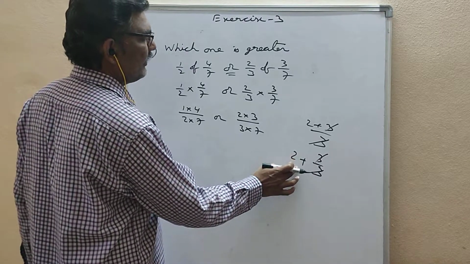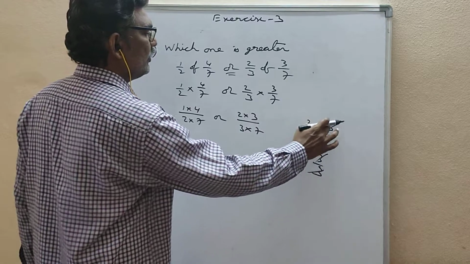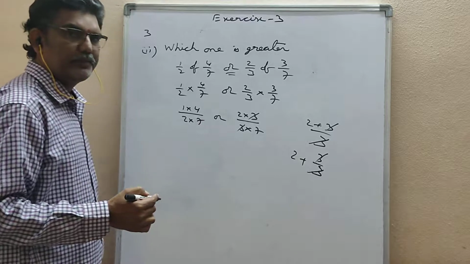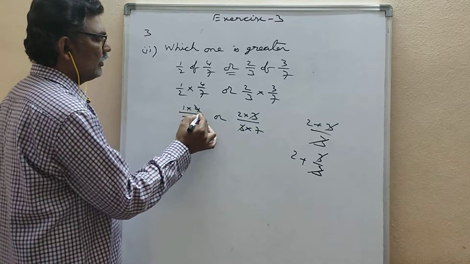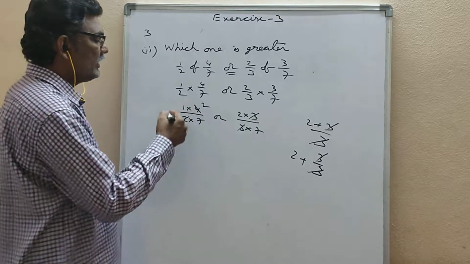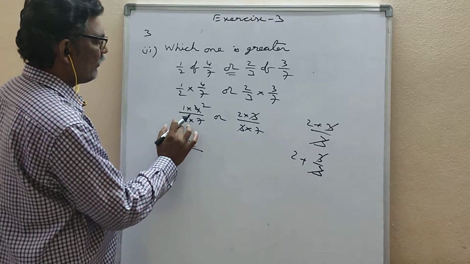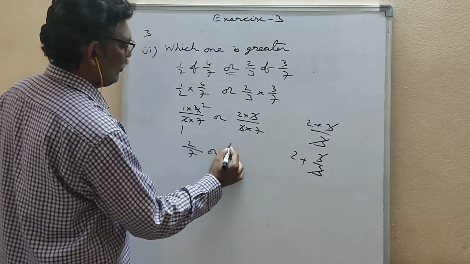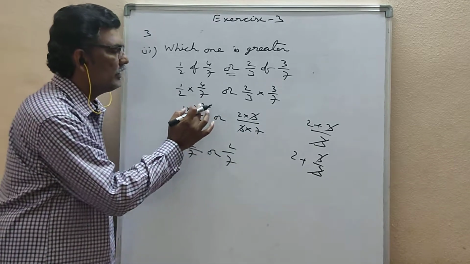See, if you have 2 plus 3/3, you should not cut like this. If plus is there, you should not cancel like this. So 2 into 3/3, you can cut here. See the difference between this and this one. Okay, now here this 3 you can cut it. And here 2 table, if you read 2 ones are 2, 2 twos are 4. What is remaining? Numerator has 1 into 2 means 2. In denominator 1 into 7 is 7. So here 2/7.